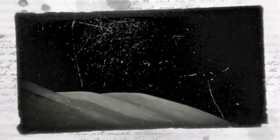UFO researchers have long said that strange triangle-shaped crafts had been witnessed by humans for decades. However, amateur researchers that looked into the phenomena have said this has been going on for a long time, saying that various photographs exist that show these strange triangle-shaped crafts. 99% of the photographs shared show these objects on Earth, so how do you explain this object hovering above the moon? One believer said the following: